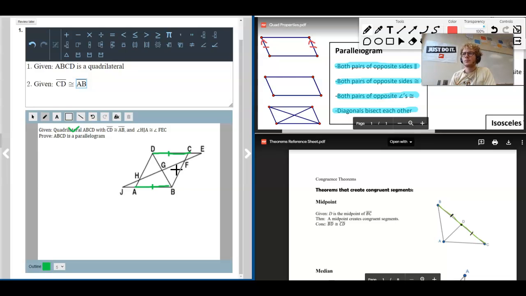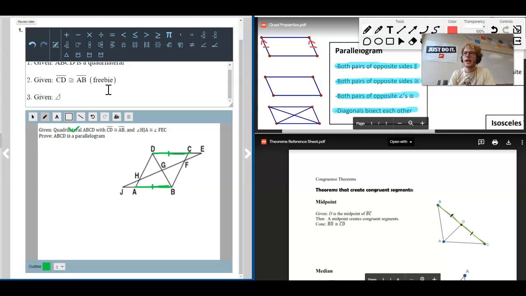But here's the thing. We are trying to prove that it's a parallelogram. So we do need to try to prove that one pair of opposite sides is congruent and parallel. We've done that first step. We've said, okay, this is congruent to this. All that's left to do is prove that they're also parallel. Okay? So this is going to be a freebie. There's nothing we can do with it. There's no theorem that goes along with it. We're just going to use that at the end to say we have an opposite side, parallel, and congruent. So step 3 will be our next given,